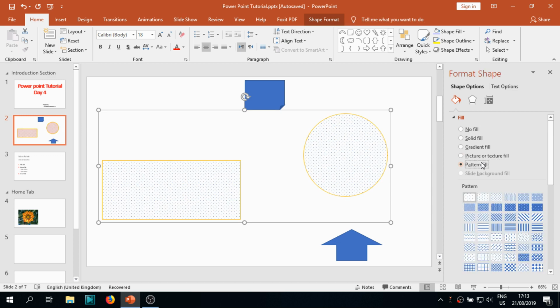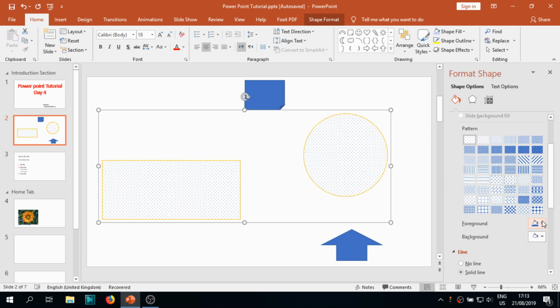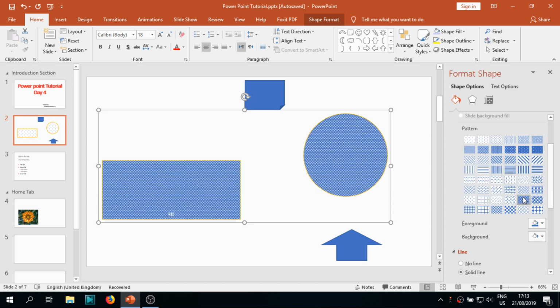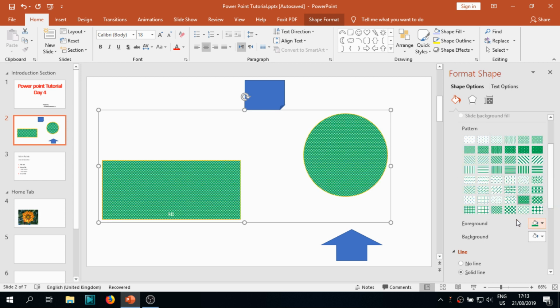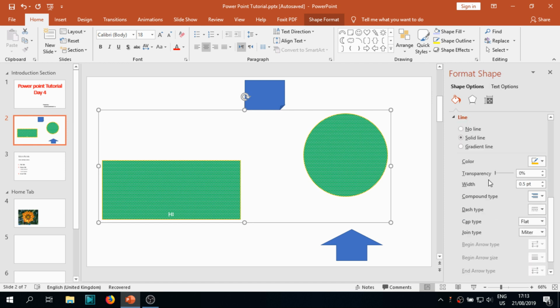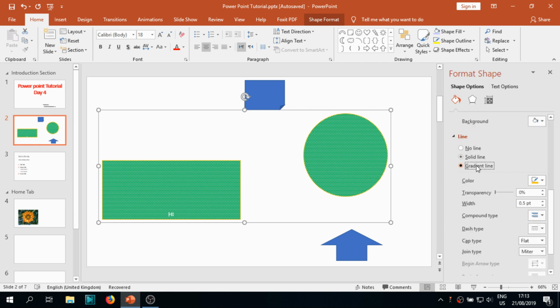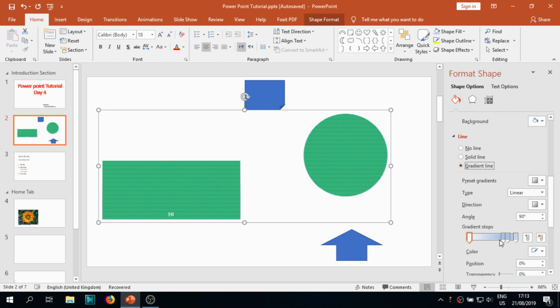Pattern fill is there. Here you can choose 2 colors, foreground and background, and you can apply them. You can see that when I apply the foreground color, it's changed to green. And here you can choose the line color. If you want to choose a gradient line, you can go with the gradient line also. Solid lines,